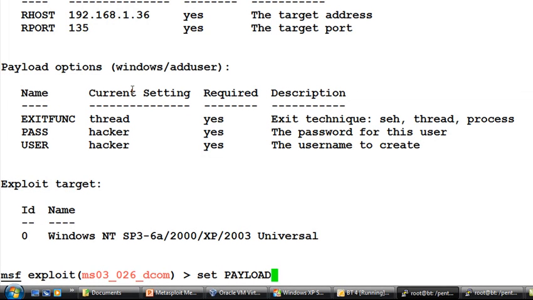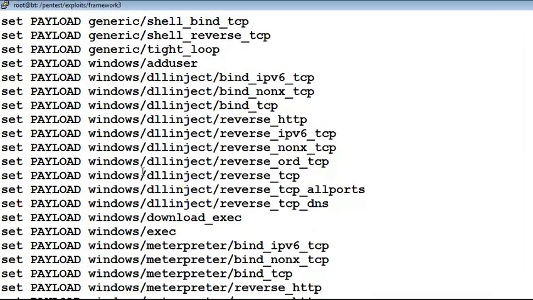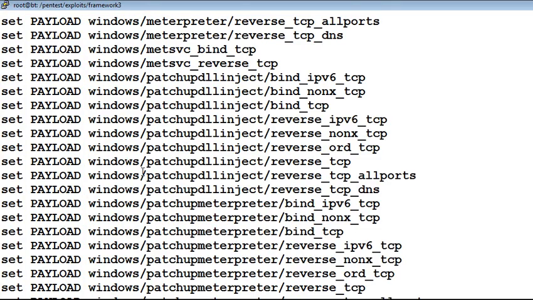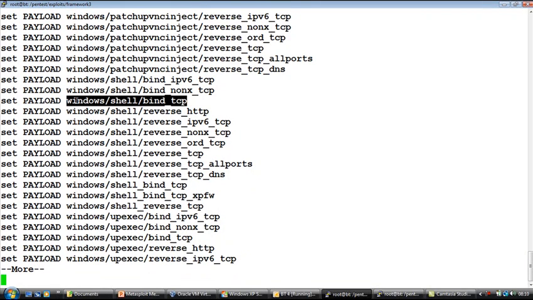So let's go ahead and search for other payloads. And what we will use is the